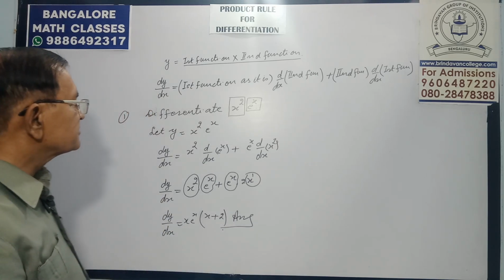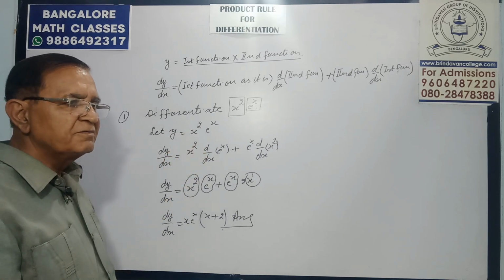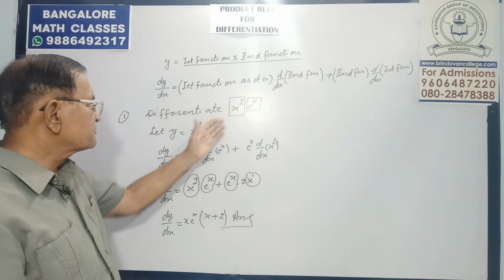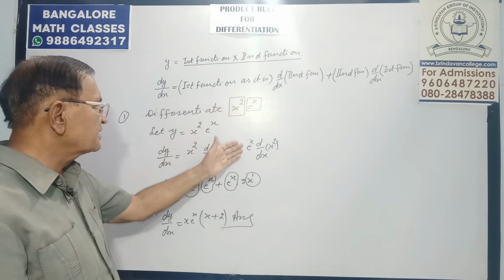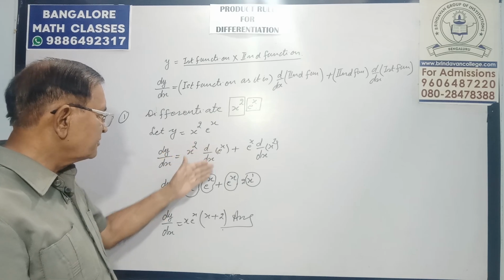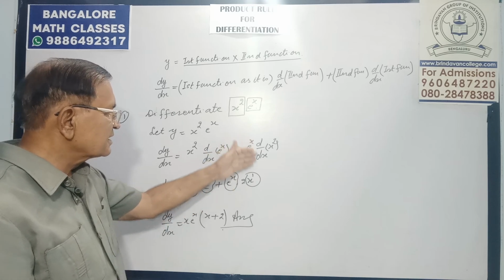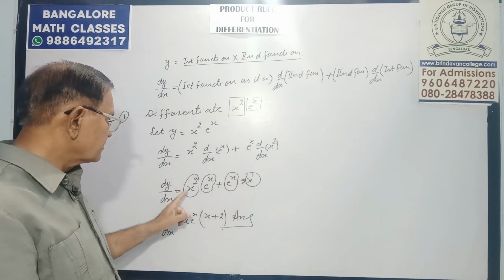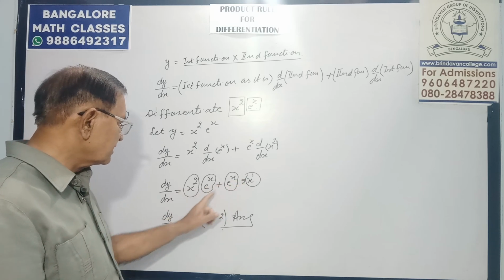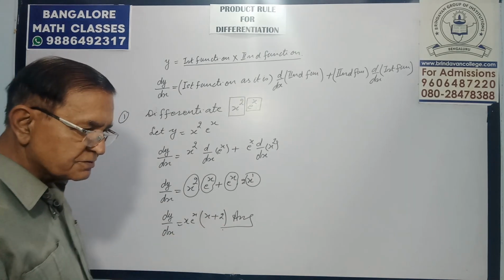See how simple it is. Change these two functions from the previous one which we have done in the previous upload. Basic identities, I mean. First function as it is, ddx of second, second as it is, ddx of first. Put it as it is, ddx of e power x is e power x, plus e power x as it is, ddx of x square is 2x. Now see here, x square and x we can take out, e power x and e power x we can take out, and we are left with x plus 2, which will be the answer.